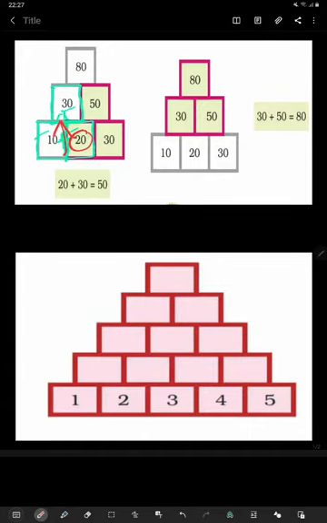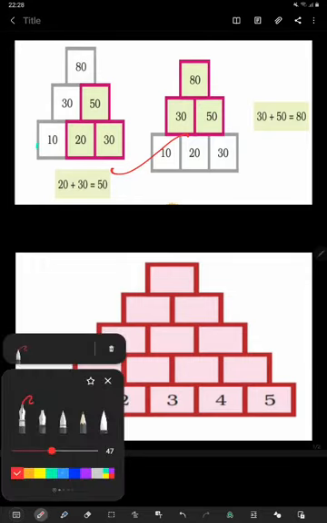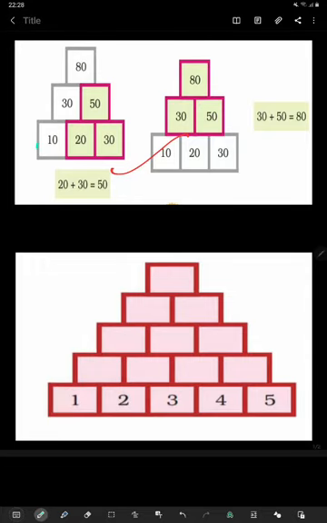And when you will add here the relation between this block, this one and this one, and you will get 20 plus 30, what you will get? 50. Okay, and this block has a relation with these two blocks. Okay, so what will be the answer? 80. So now here this was the question we have completed. Now here is a problem. Here is a problem before us.